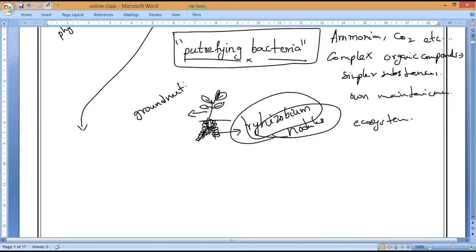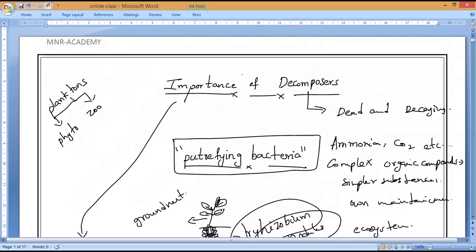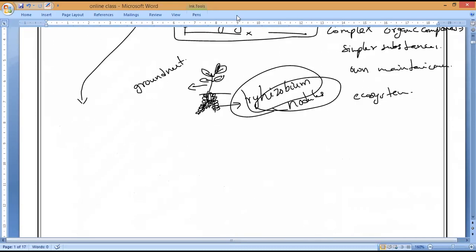So without decomposers, we can say that there are no nutrients present in the soil, air, and water. So soon it will lead to what? Exhaustion, and the evolution of life would come to an end. That is what you need to remember. So from that we can say that decomposer organisms help in recycling the materials in the ecosystem so that the process of life may continuously go on like an unending chain. That is what we need to understand. So this is the importance of decomposers. Anybody having any doubt, you can ask me.